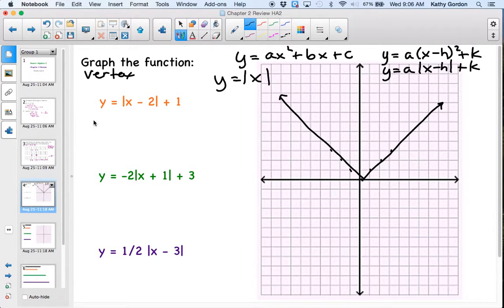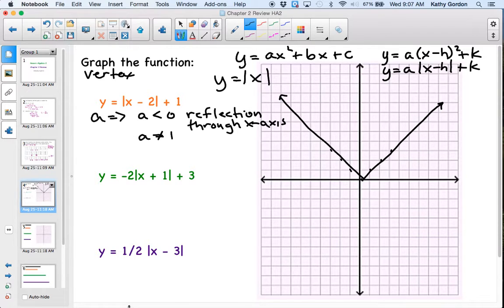Okay? So if I have an a value out in front, there's two possibilities actually. If a is negative, just like we mentioned a minute ago, then it's going to open down instead of opening up. And that actually is a reflection through the x-axis. So having a negative a is going to cause it to open down instead of opening up. If we have an a that is something other than 1,